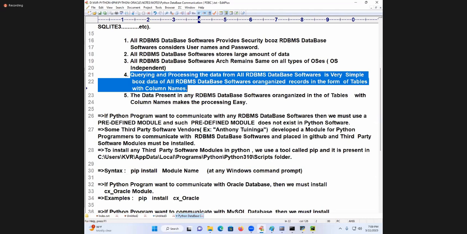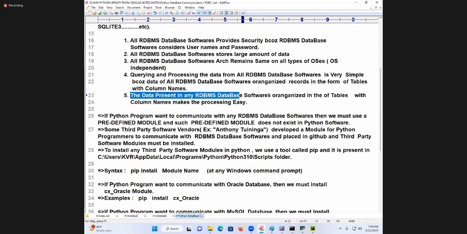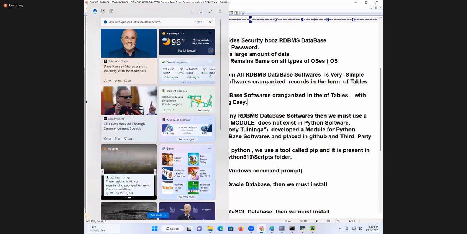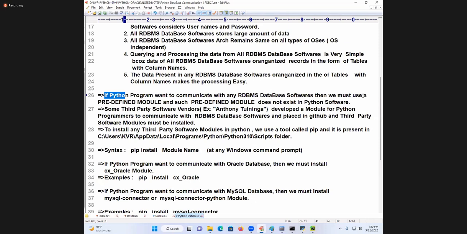Next, data present in RDBMS database software is organized in the form of tables and column names, which makes processing easy. So file processing is easy now, database processing is easy now. Now, if a Python program wants to communicate with any RDBMS software, then we must use a predefined module,